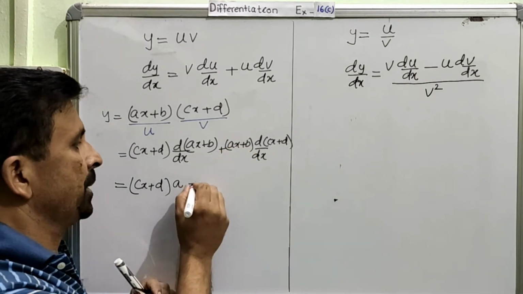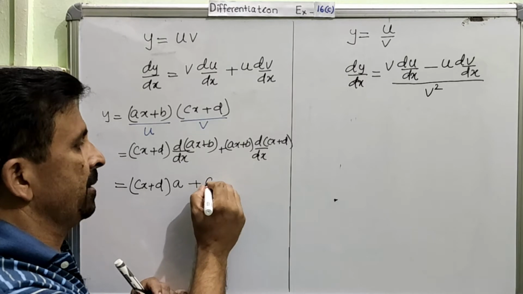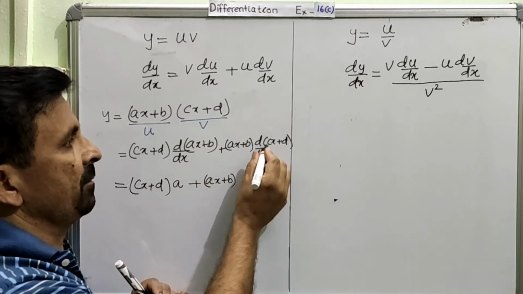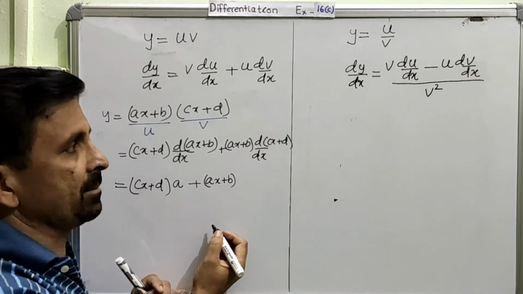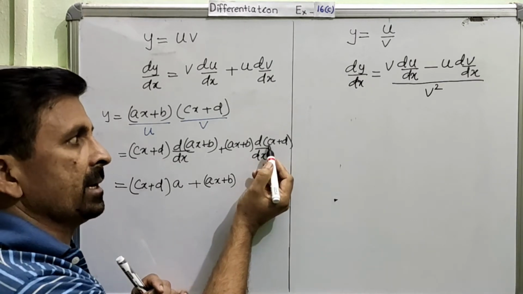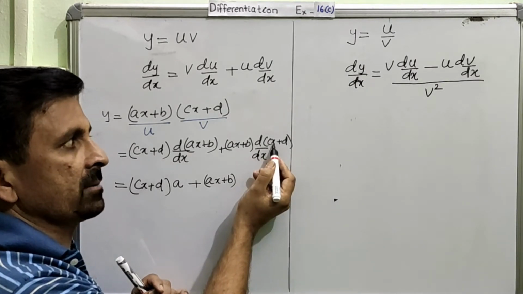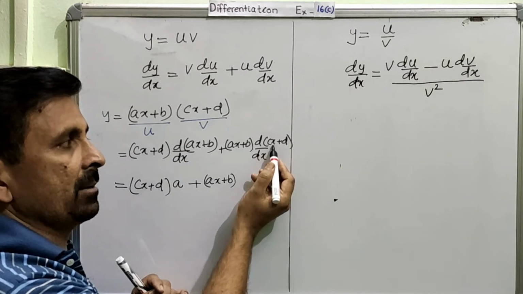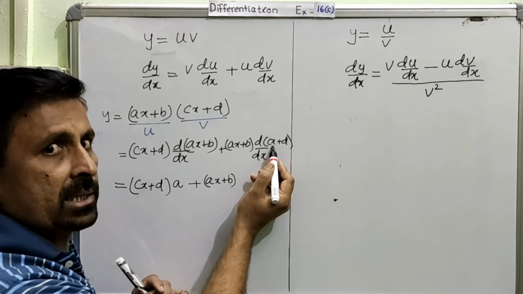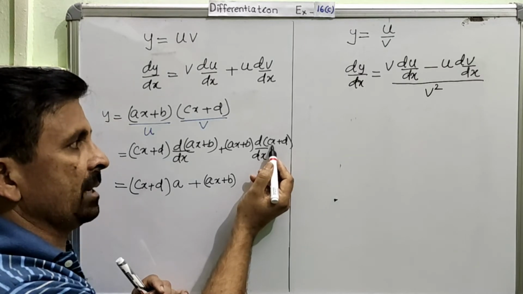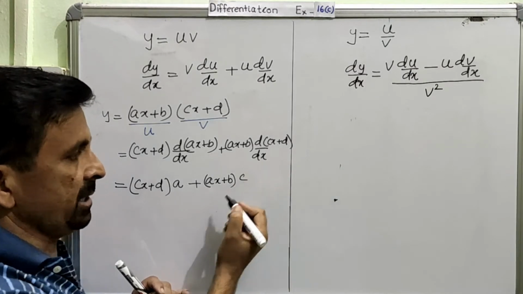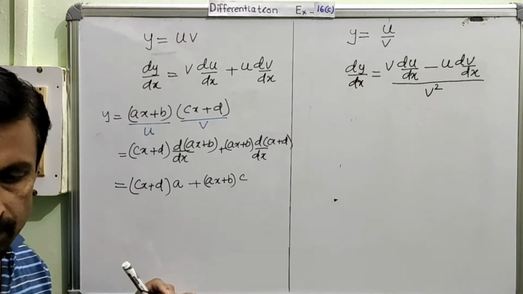Now the next part, ax plus b, as it is, and then we will similarly calculate the derivative of the other part. Here c is a constant and it is with a variable, so it will remain as it is. We only find the derivative of x. Once again, the derivative of x is equal to 1. Therefore the derivative of this part will be c, and this derivative will be 0. So this is your c. Am I clear or not?